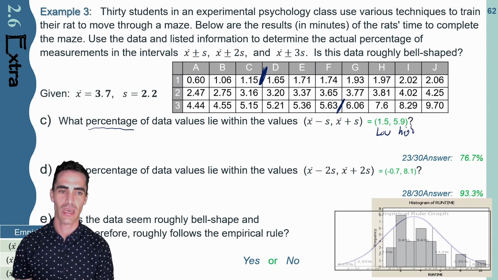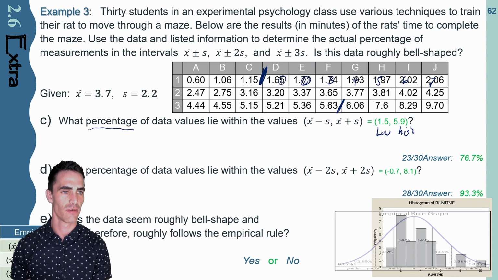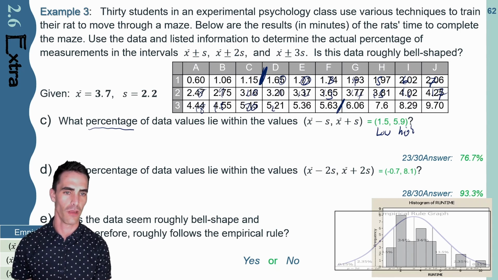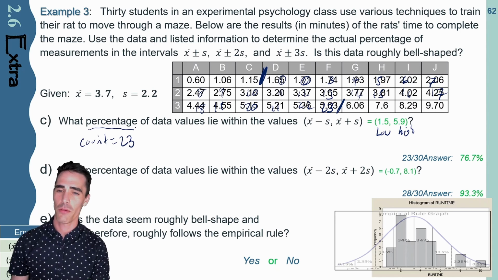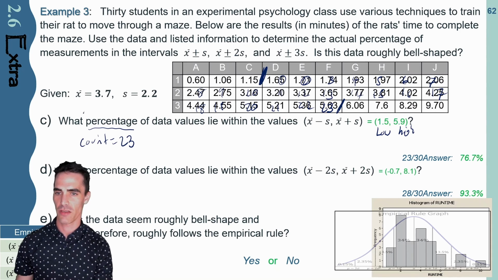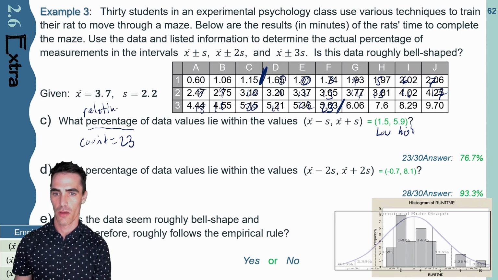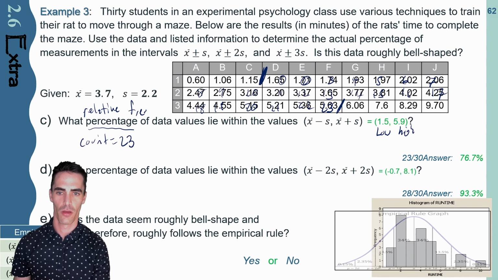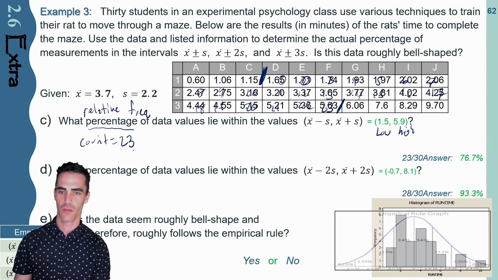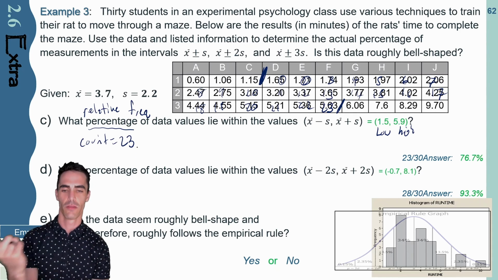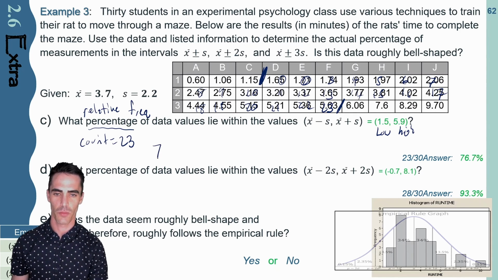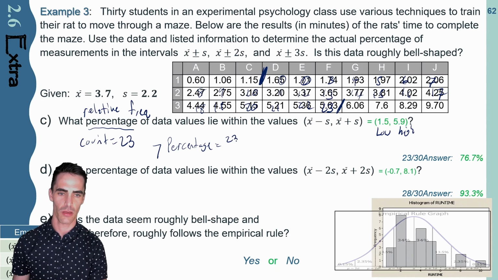So I can simply count these data values. It should be one, and so on. So my count was 23. Now I want to find a percentage, or you can think of a percentage as a relative frequency. If I want a relative frequency, that's simply the count or the frequency divided by the total. And so to find the actual percentage that we're interested in, I can simply take my frequency, 23, and divide